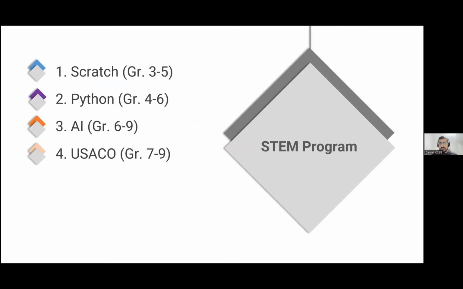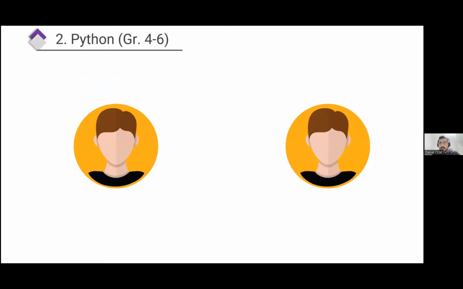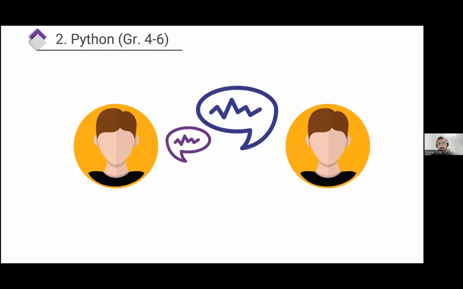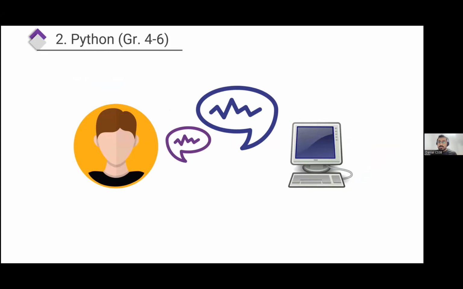And then we have another series for this term, for this year. It's going to be Python, and it's for grades 4 to 6. So first, let's talk a little bit abstractly about what Python is. We communicate with each other as humans. We talk to each other. But nowadays, we need to actually have a conversation with computers. So we need things so that computers actually do them for us. And this conversation is not going to be as easy as our conversation with humans. When we say hello, they cannot understand, right? They just understand binary code, a series of 1s and 0s.